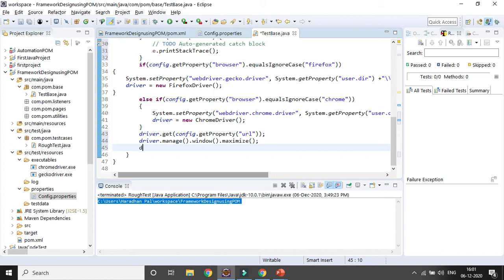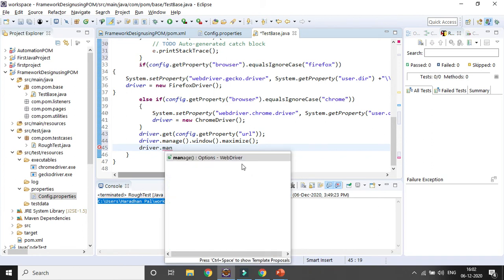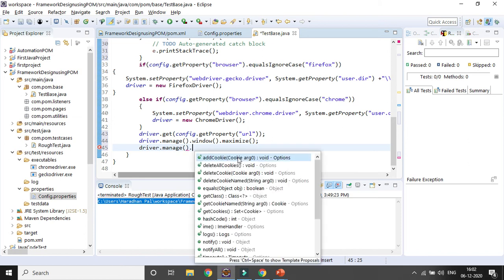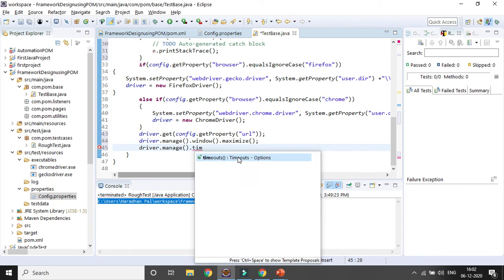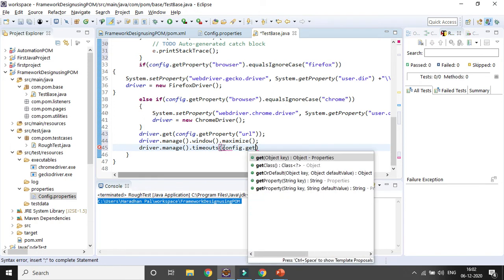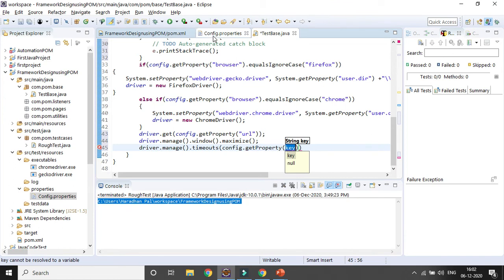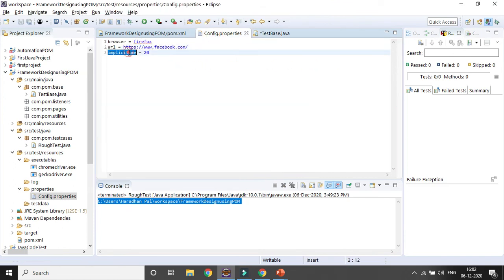So driver dot manage dot timeouts, where I can give some timeout. I will be using config dot get property, and I will be giving the variable name, whatever variable name I have given here, implicit wait.